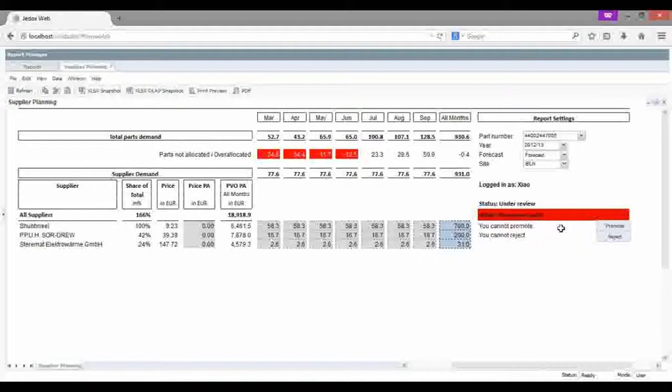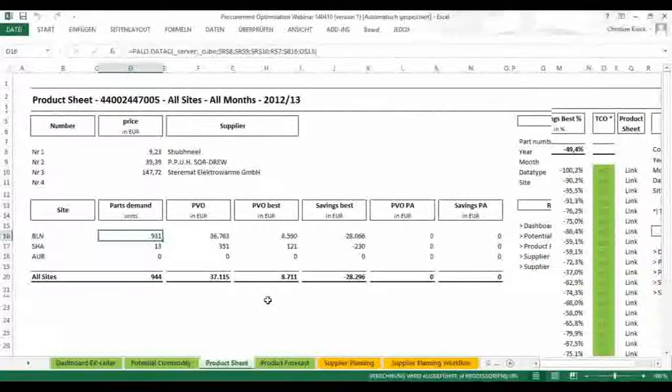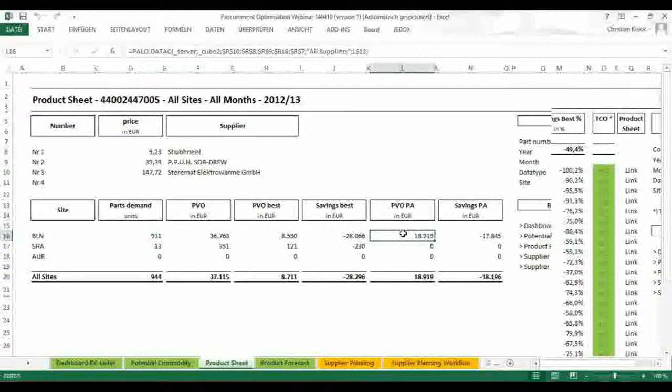This could obviously just as easily have been someone from my internal organization. Okay, so the final thing I want to show you now is the purchasing volume cost analysis. So I'm going to go back into this view that the strategic buyer has, and I'm going to press the refresh button, and lo and behold, now this number 18,918 transfers